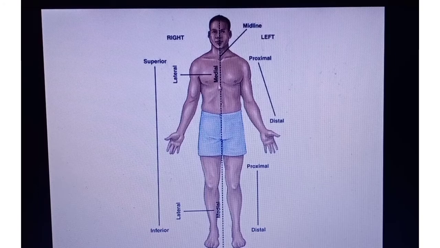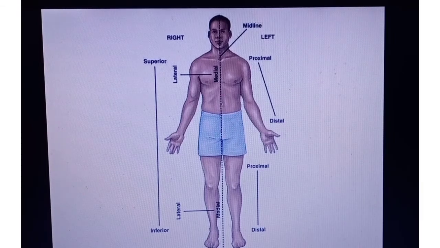So this is your midline, that is the line segment passing through the center of your body is your midline. Okay, so towards the midline would be your medial. You can see here medial is written, and away from the midline is your lateral. So what did we take as an example? We took the digits as an example, right? So see, this is little finger, that is your fifth digit. It is towards the medial or towards the midline, so this is present at the medial side. And thumb is outwards, that is away from the midline, right? So it will be on the lateral side. That is the example for lateral and medial.